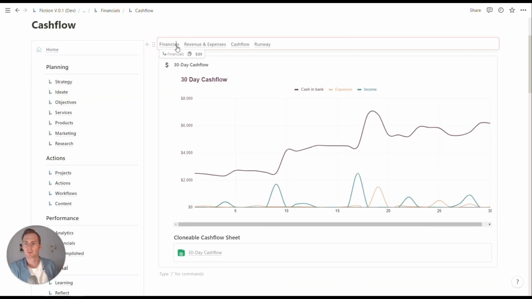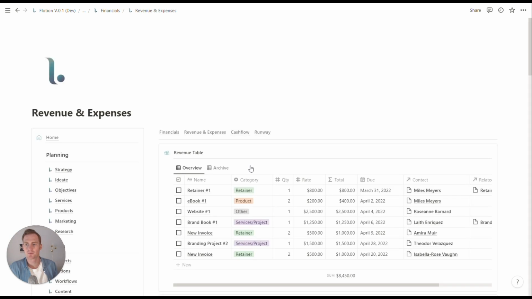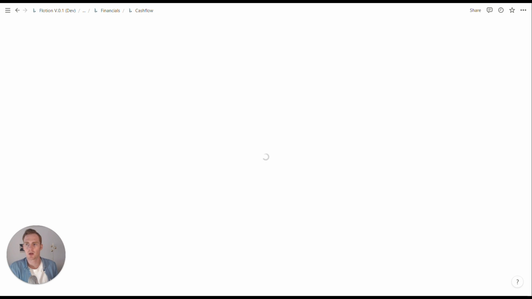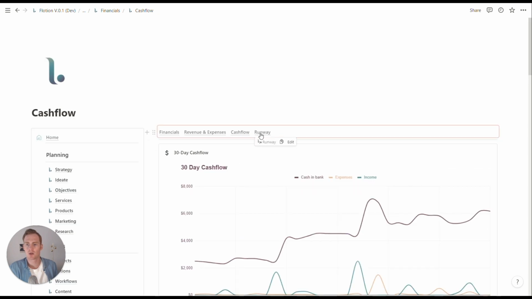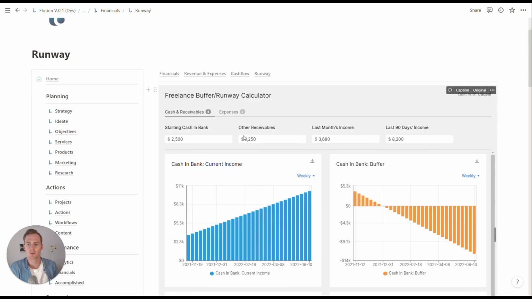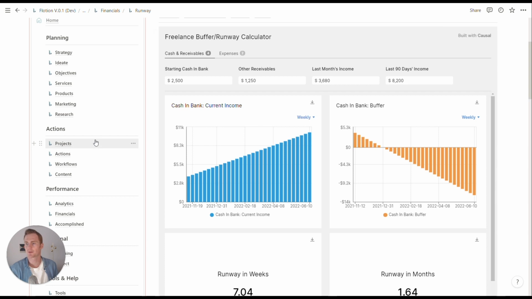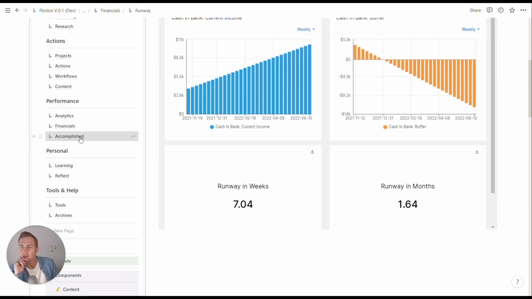So, financials. We have our revenue table and expenses table. We have our cash flow chart, and we have our runway for mapping out longer term trends and how much runway is left. So financials done,